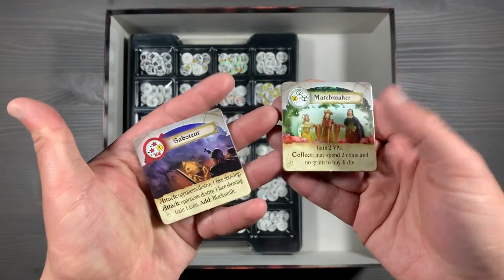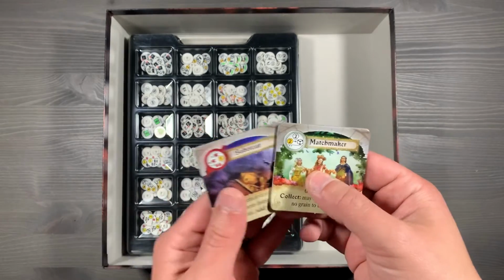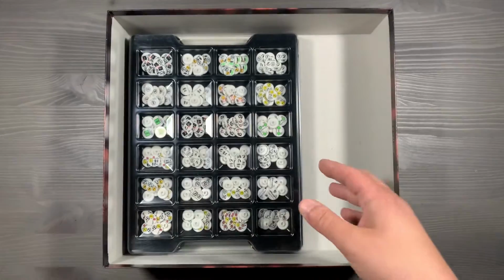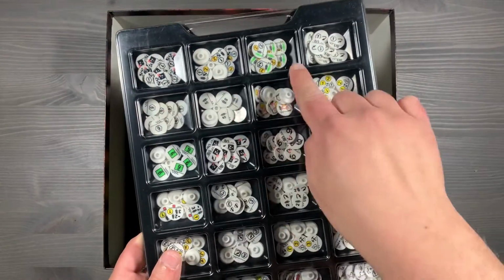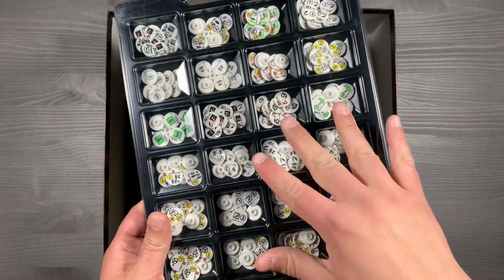Based on the tiles that you choose, you're going to go ahead and find the specific faces and then populate the board with them. For example, say you're using the Saboteur or the Matchmaker, they've got this white background, so you'll go ahead and find all of those in this tray and then populate the board with them. I won't go into each of these, but you'll make sure that each of these different dishes has a unique set of faces. So go ahead and put that near the board, take what you need, and then set it